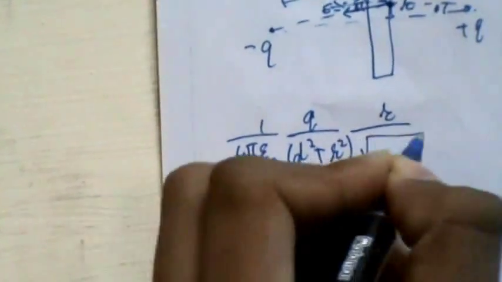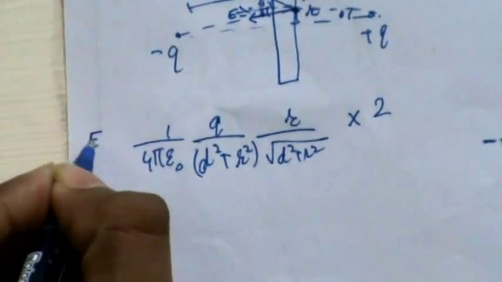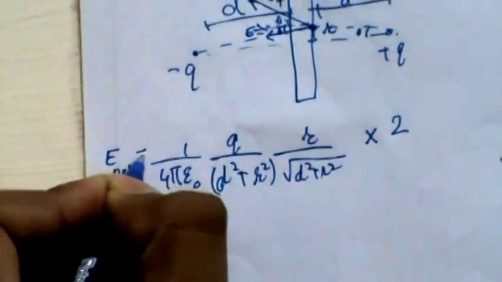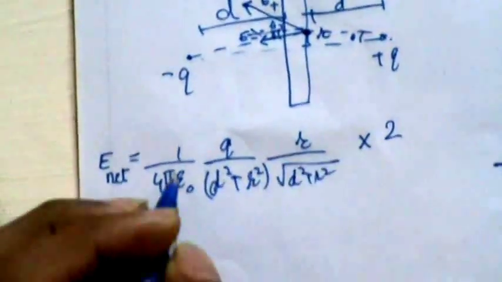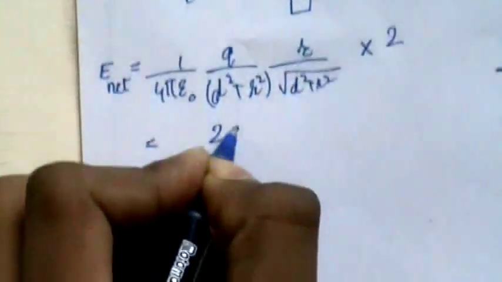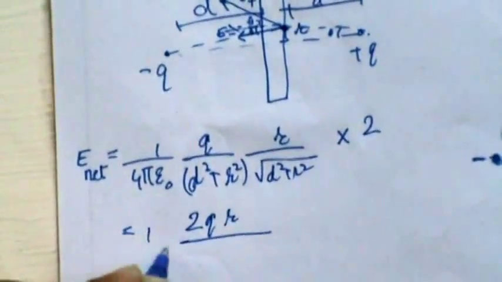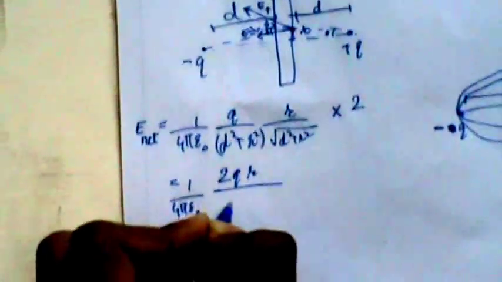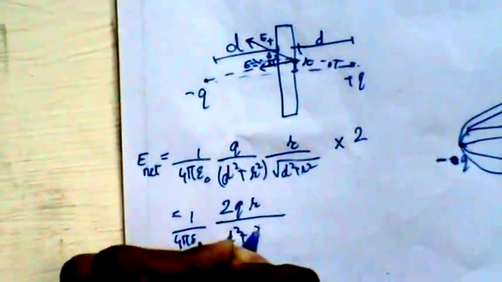This angle is the same theta, so into r by under root d square plus r square into 2, because this is only due to positive, so you add the negative also. So this is your E net, only magnitude again, I am not writing direction. So it is just 2qr, so 1 by 4 pi epsilon naught